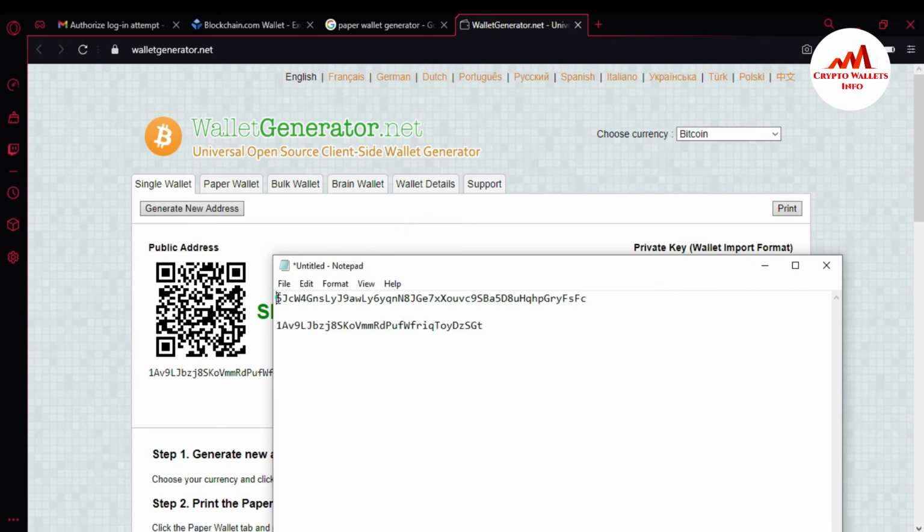I'm also typing here Bitcoin private key, and just typing a colon here, and also going to enter Bitcoin wallet address.